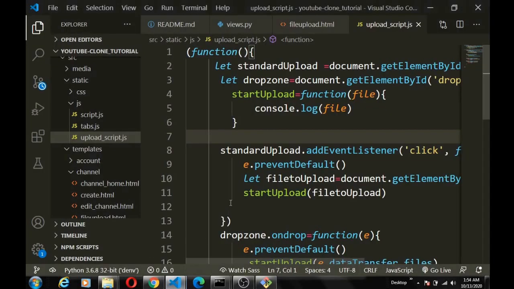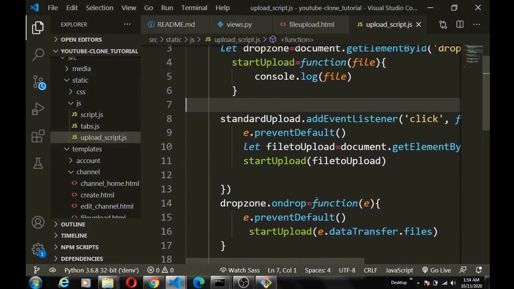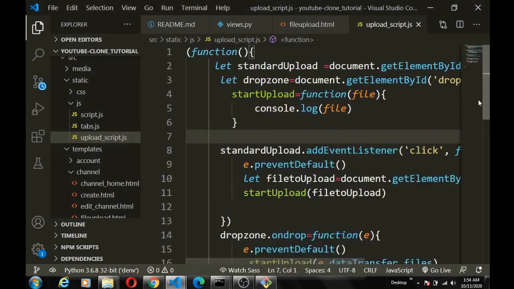Up earlier, we're going to start implementing the ajax and uploader function. So we already defined we will be able to grab our data from the form and from the drag and drop and pass it to this start upload function, and this start upload function is what's going to call our ajax uploader. So now for us to define the ajax uploader and the progress bar and other things,